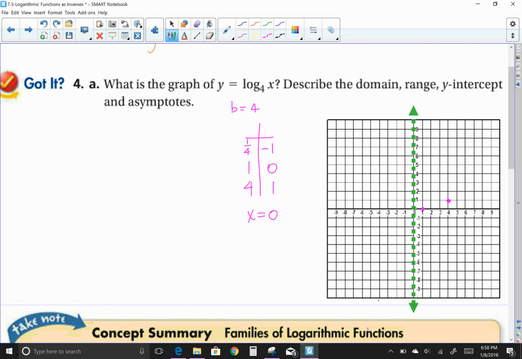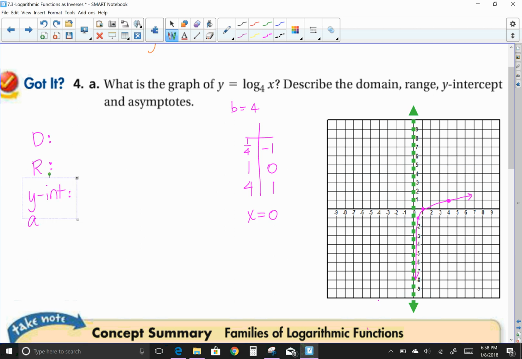And at 1/4, I have negative 1. Didn't really get close enough, but y'all got the idea. So we're going to approach our asymptote this way and go further that way. So there's my function. Now to describe the domain and the range and the y-intercept